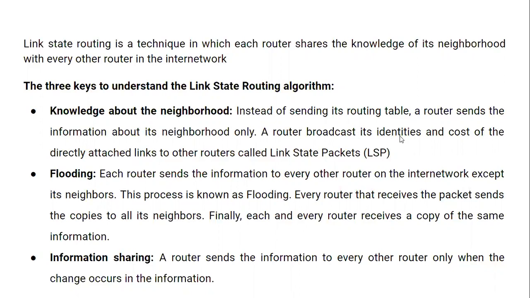Then it will identify the cost and directly attach the link to the other routers. Here we don't create the table; we calculate the values, or count the cost, or calculate the distance from one router to another router. So we send the packets and calculate the distance from one node to another node. That is called a link, between A to B or A to C. We are creating a link. So that is called link state packets.